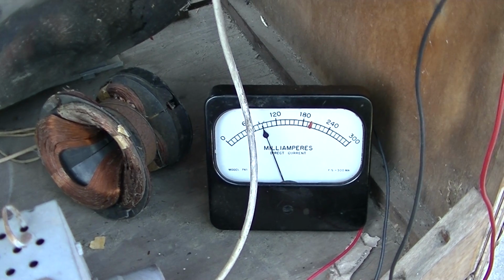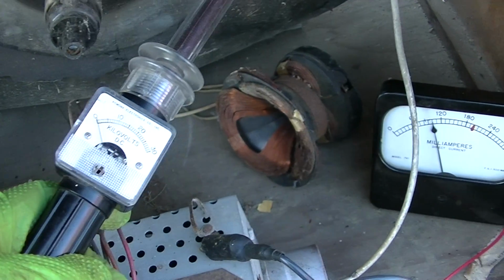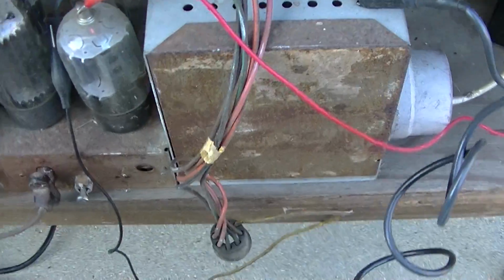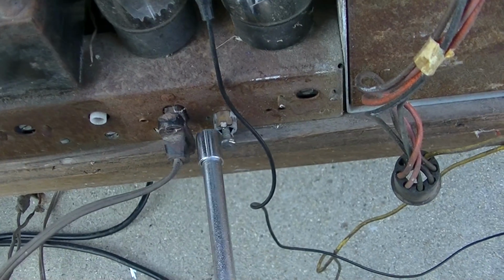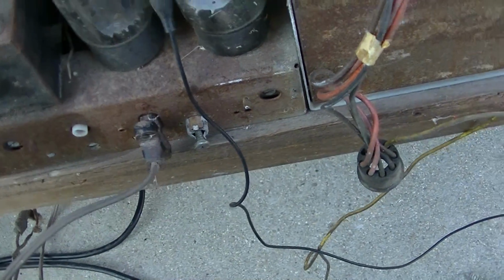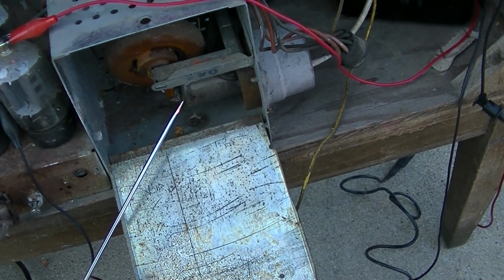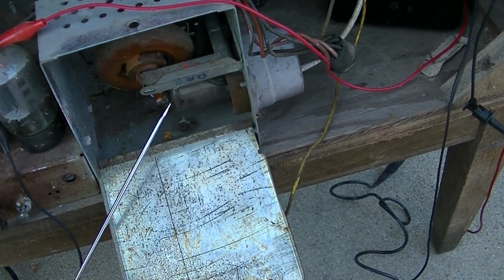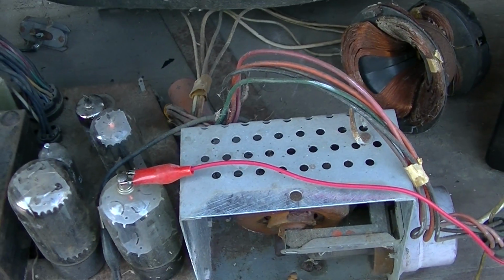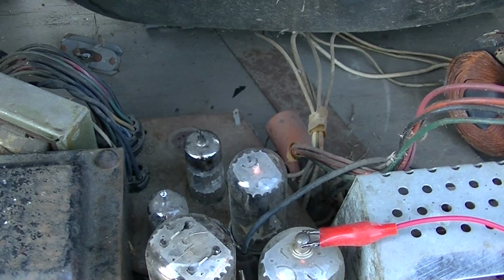Oh, that was interesting. Let me get a high voltage gauge. Absolutely nothing. And I don't hear any squealing or anything with this, which is kind of weird. I would figure maybe I do hear it. We ain't got nothing there. Huh. But it looks like the oscillator is running, because if I kill the oscillator, I think...